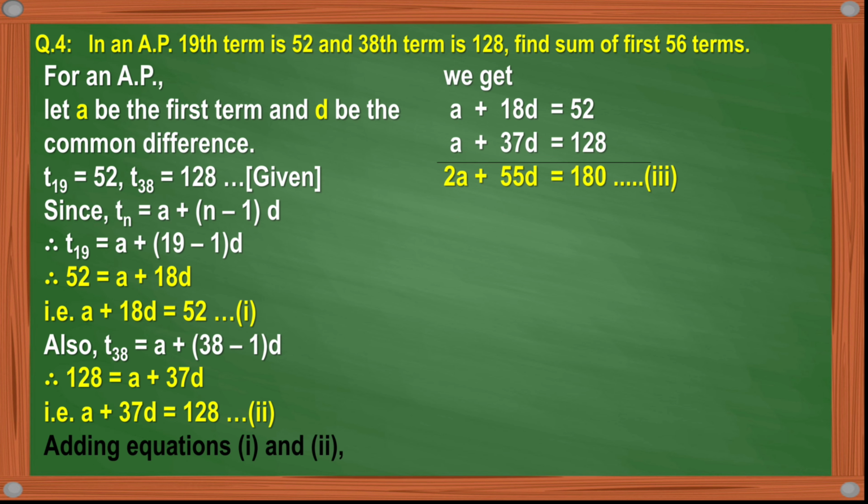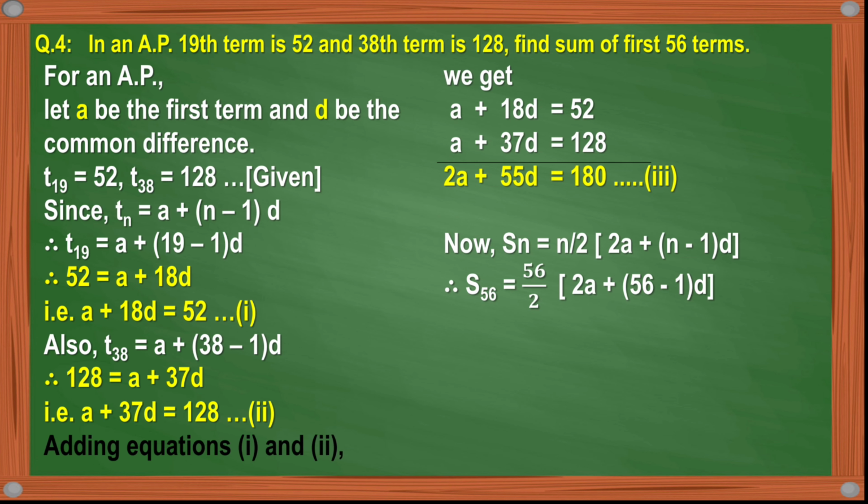So we are finding the sum of 56 terms. When you find the sum of 56 terms, 56 minus 1 becomes 55. So we will not simplify it more here. We will directly go to the formula of Sn and put in the values. S56 is equal to 56 upon 2 in a bracket, 2A plus (56 minus 1)D, which will become 2A plus 55D, and 56 upon 2 is 28.